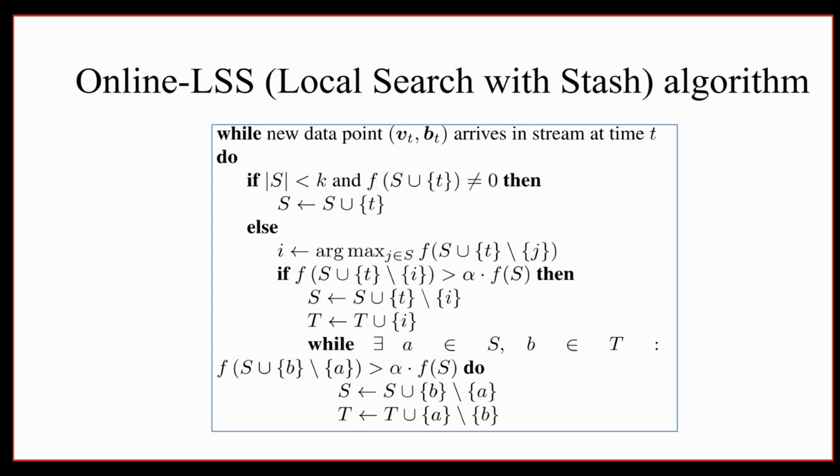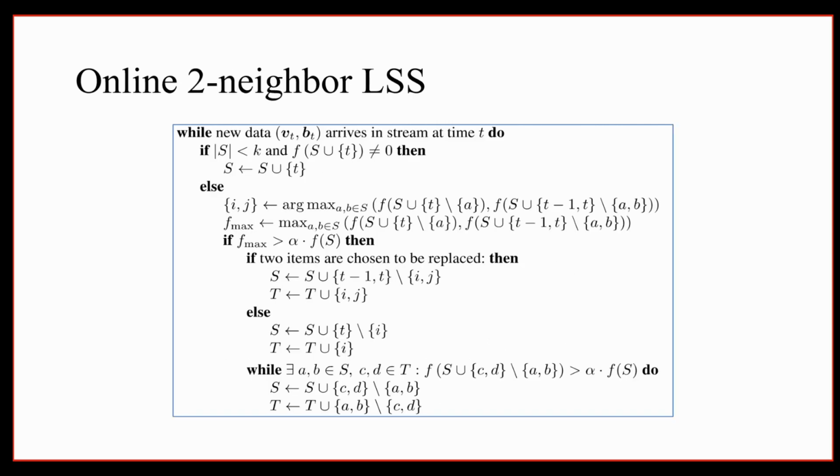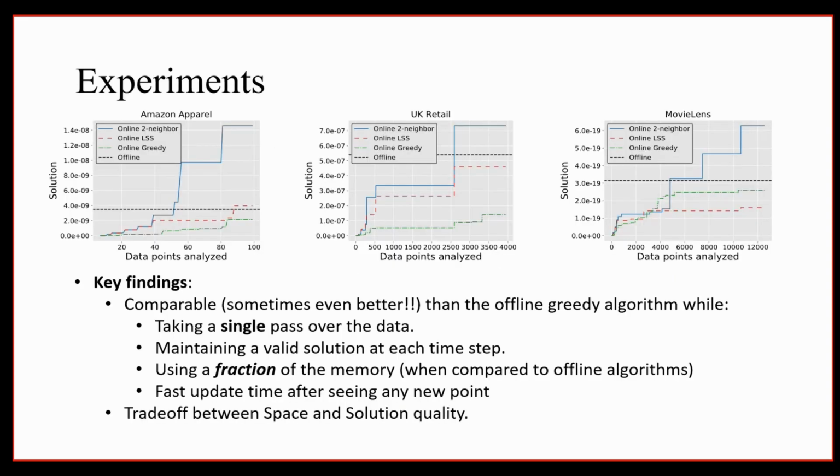So basically these things, if you think about this problem more, they sort of become intuitive. It's not super important to go into details. The paper is there, so you can go and read. And this two neighbors search is a more complex one. You're allowing up to 2 items. So you still maintain the stash, but you're allowed to change 2 at a time.